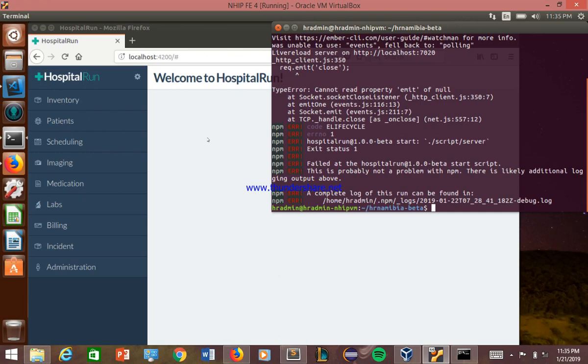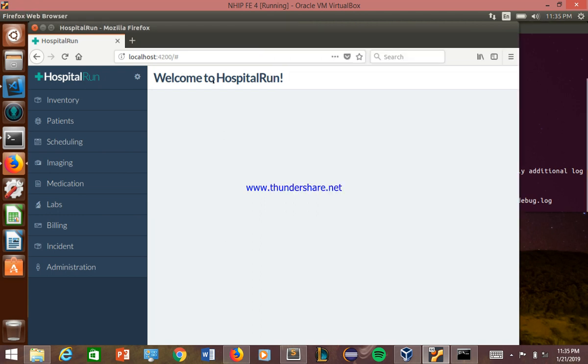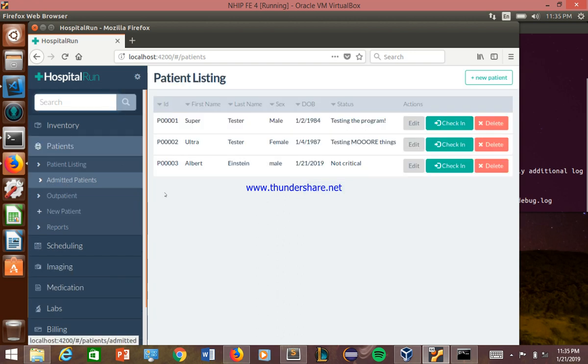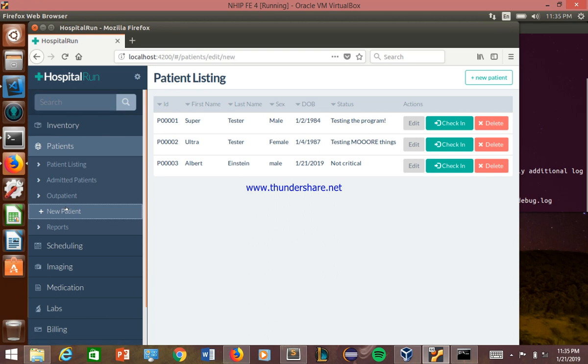So the first thing I did, once I had a hospital run up and running, just kind of poked around, went through each one of these tabs. For example, I went over here into the Patients tab, and as you can see here, I actually added in a new patient to make sure that that was working. If I click over here on the new patient tab,